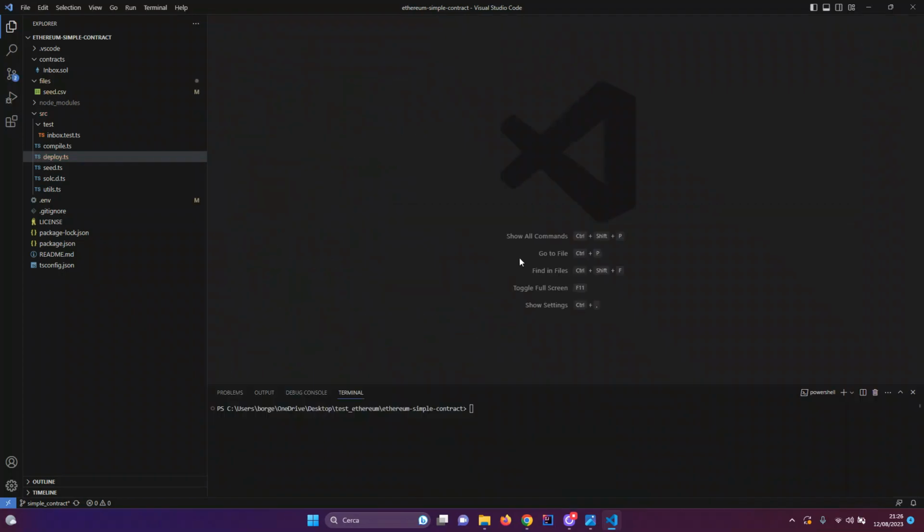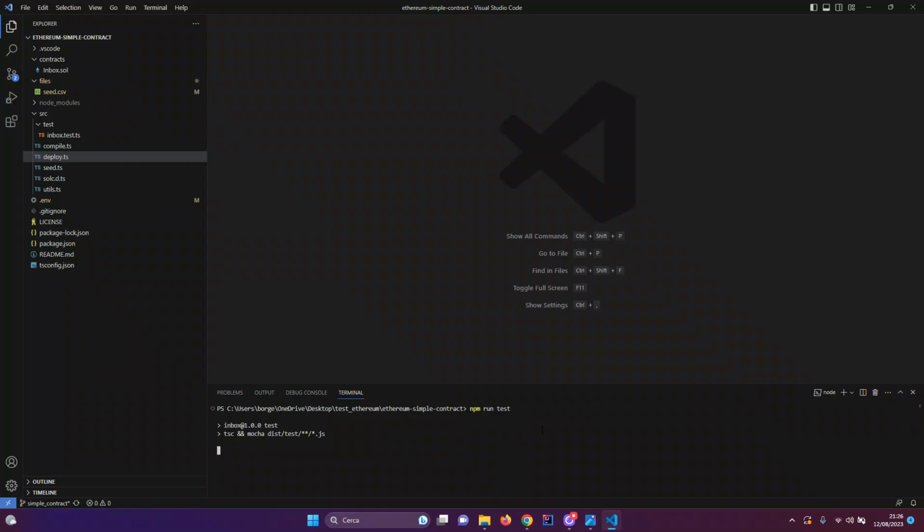So in the meantime, I have replaced the seed.csv file with my 12 words seed phrase, and replaced the API key property with my API key from my Infura account. So now I run npm run test in order to run the test.